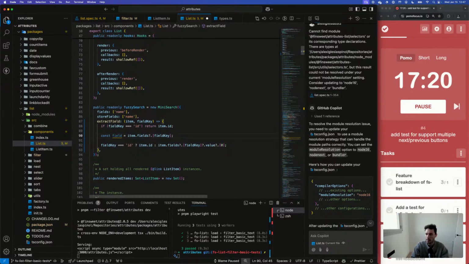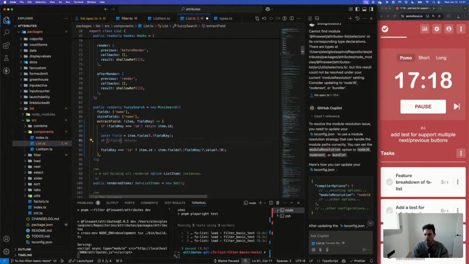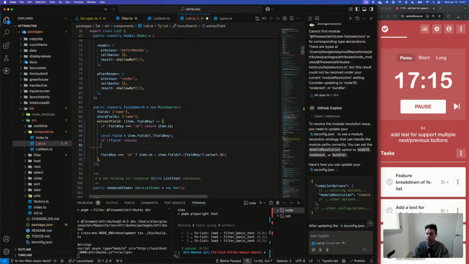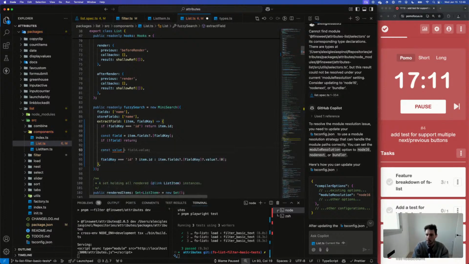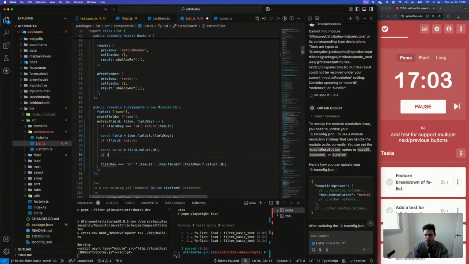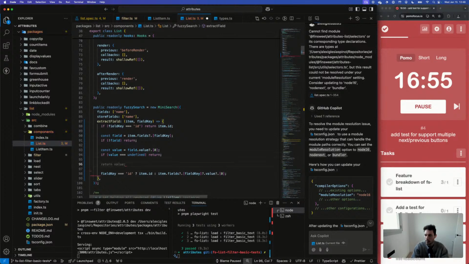If there is no field, return. Then the value is zero. If the value is undefined, because it could be nullish, return.